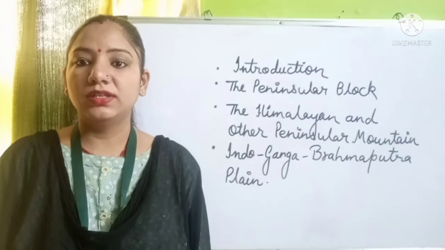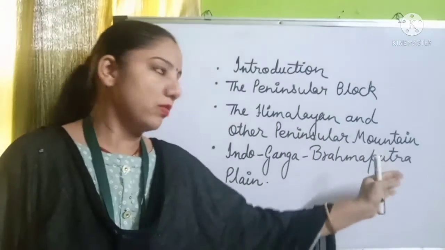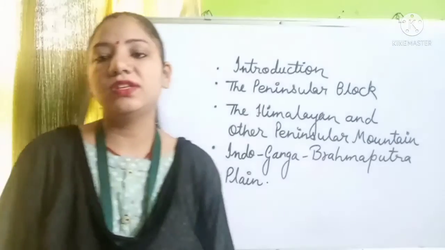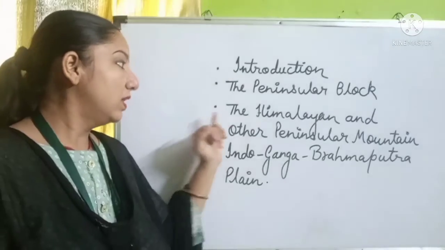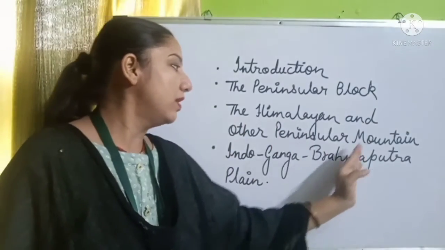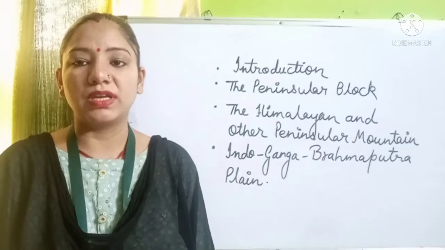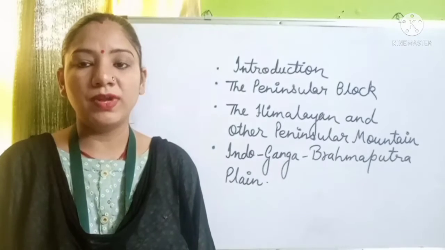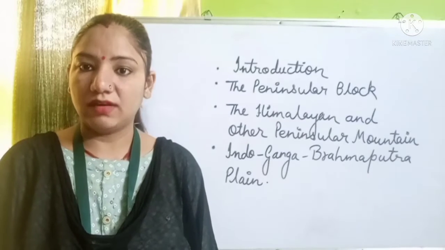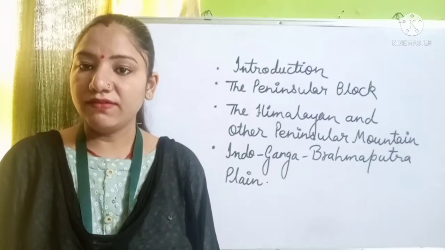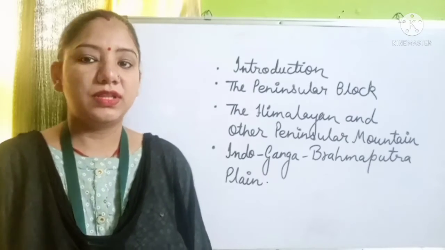Then the next one is the Himalayan and other peninsular mountains. So the first ancient feature was the Peninsular Block, then the next was the Himalayan and other peninsular mountains. After merging with the Eurasian plate, the Himalayas were formed at the place of the Tethys Sea. That we will study in the second part, and then after that, in the third part of today's topic, we will study